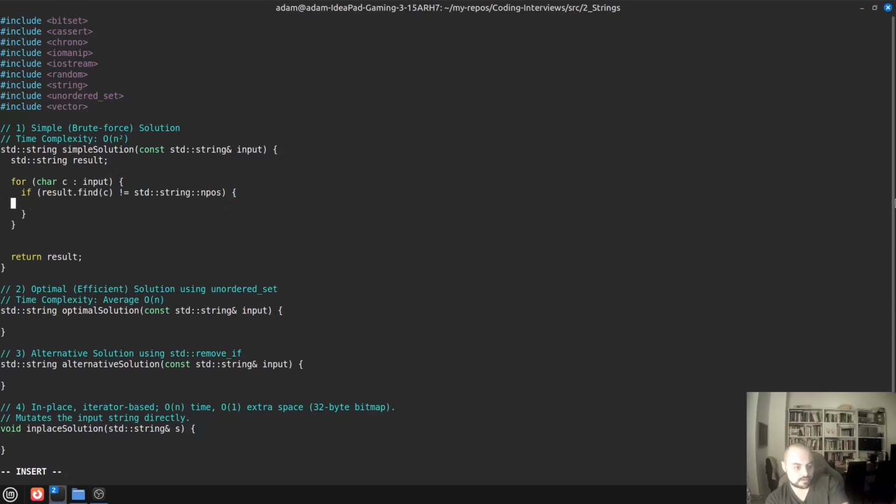Then if it's not there, we want to add it, and we do that simply with push back. Theoretically, because find is a linear operation and we go through each input character, this would be n squared time complexity, but actually it's not. In practice, it's not, because of the limitation that we already discussed: the maximum number of possible characters here